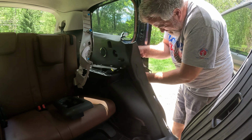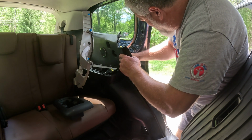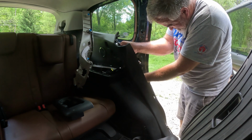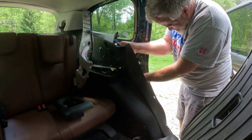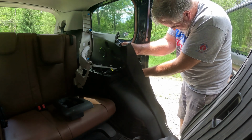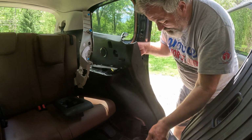This is how people's hands get all cut up, pushing plastic bits out instead of taking them off. Probably a smarter way to do this, but this is my trying to figure it out method. Okay, you should probably try not to drop this, because if you do, you're going to be taking that panel off. Now, okay,